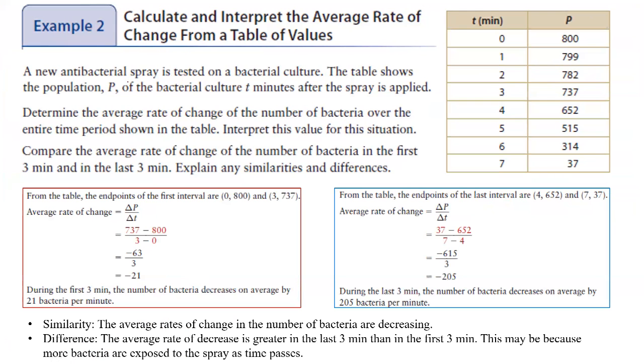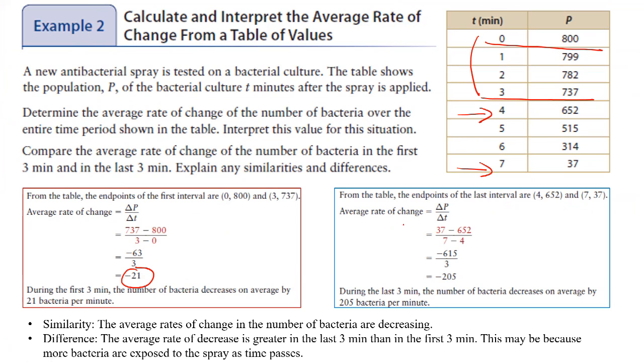And question 2, from the table, we know that the endpoints of the first interval are 0, 800 and 3, 737, right? So the average rate of change over the first 3 minutes is 737 minus 800 over 3 minus 0, which is minus 21. And for the last 3 minutes, that is from the 4th minute to the 7th minute,